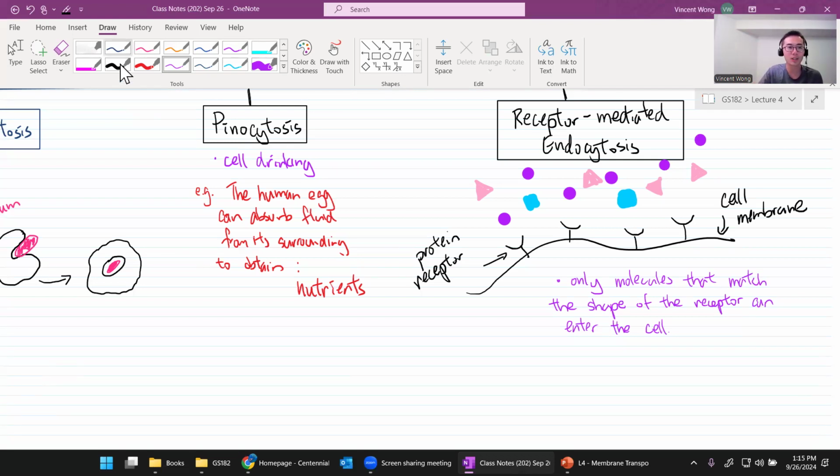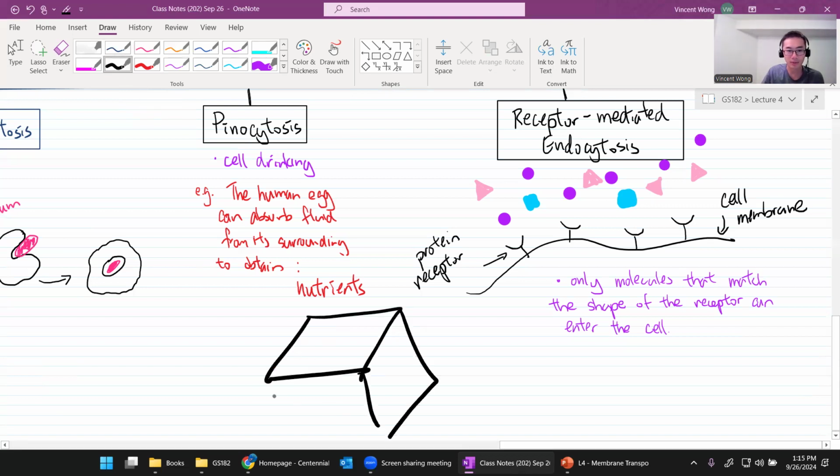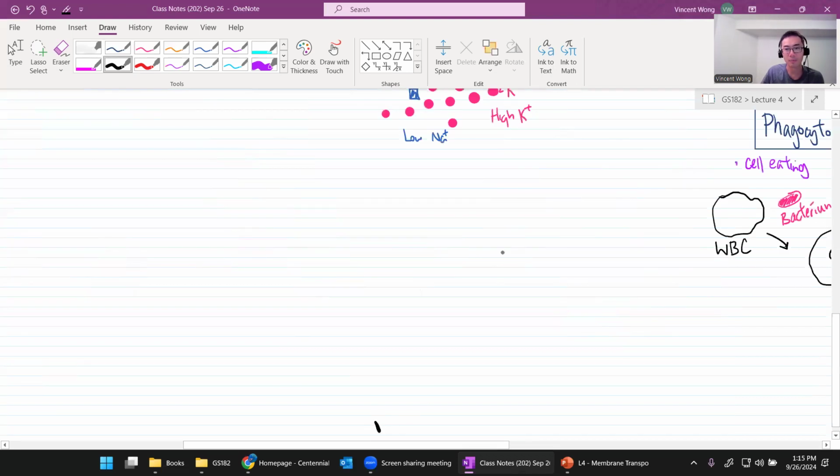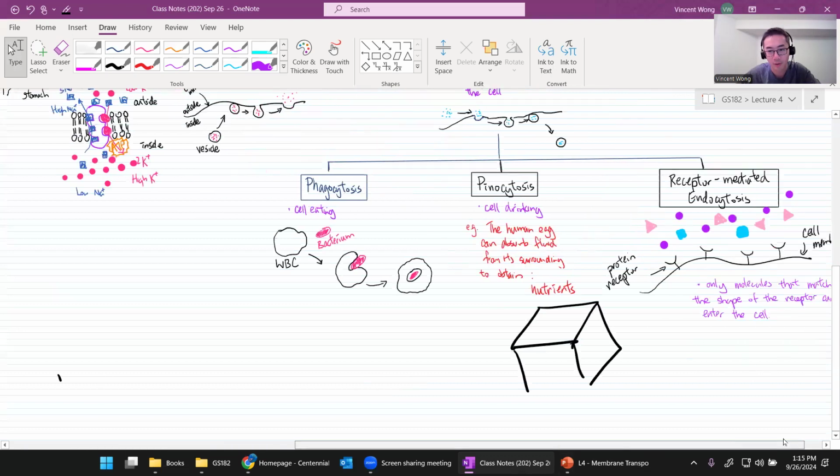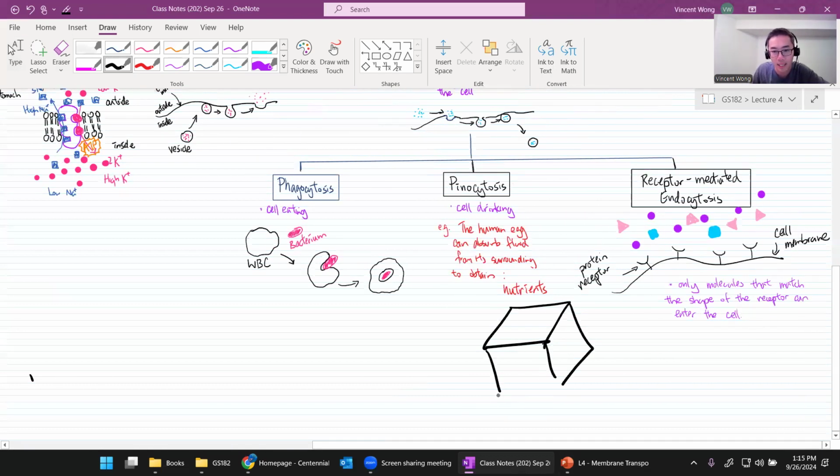It's like that toy that kids play with when they're maybe 6 months old, where there are different shapes and you have to put the shape in. Each slot is like a receptor, and only the shape that matches will be able to go into the box. Otherwise, it can't come in. And that's basically what